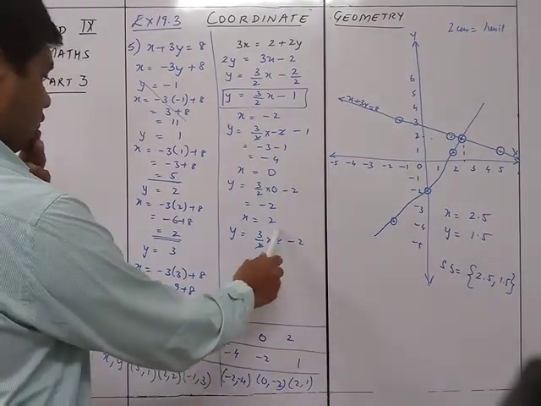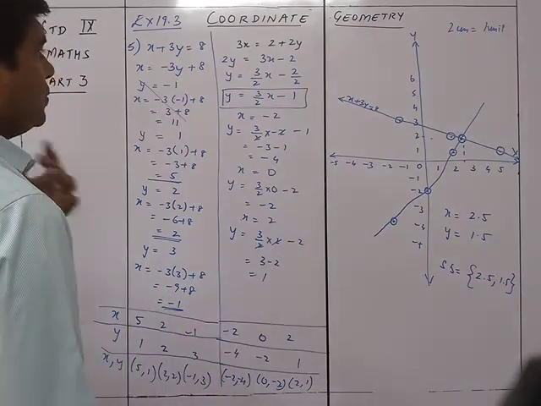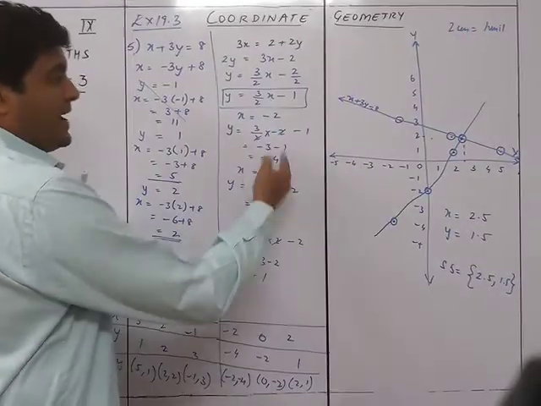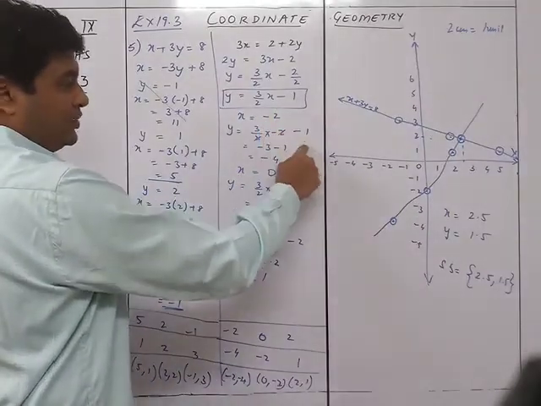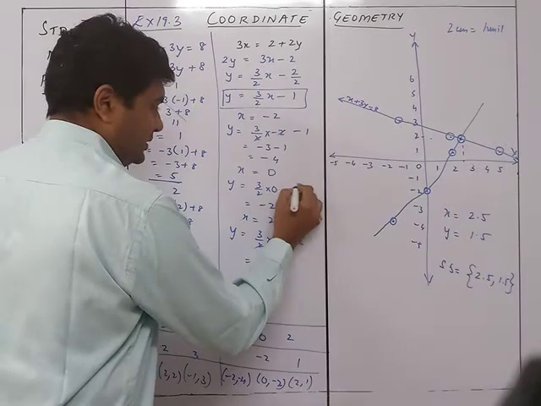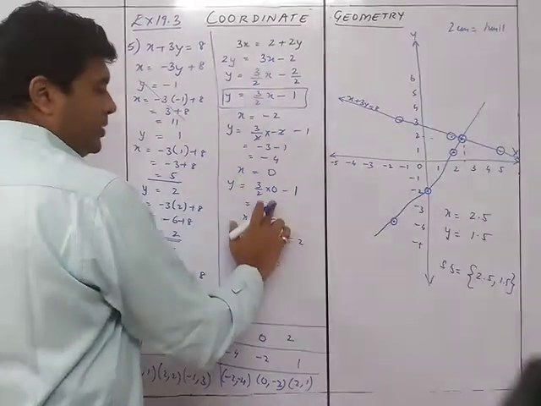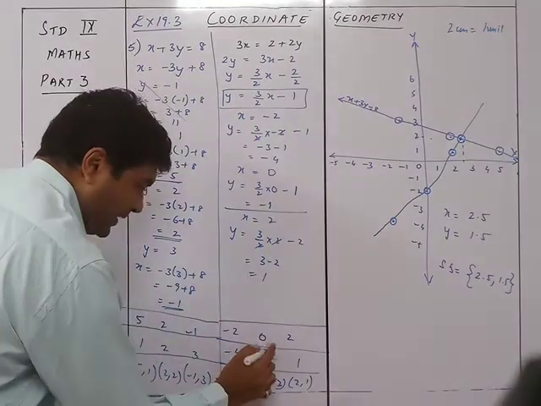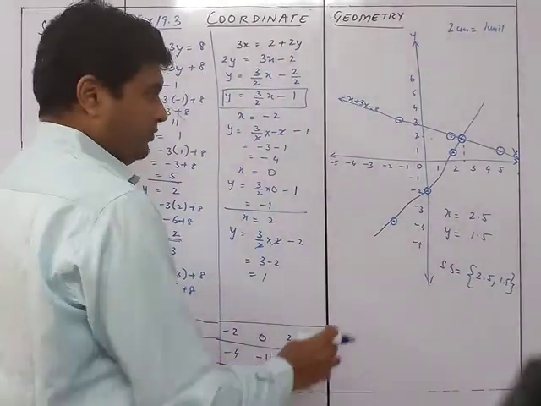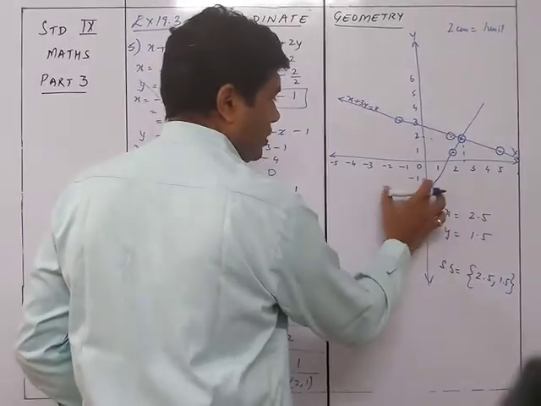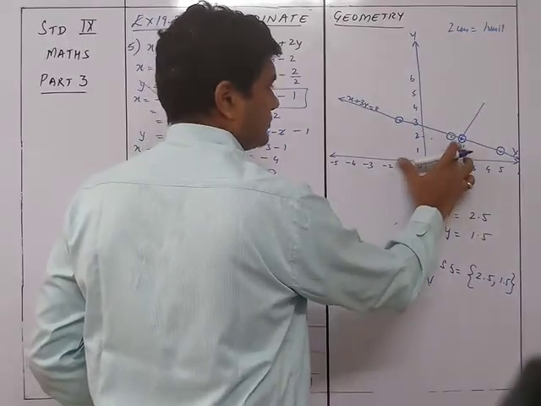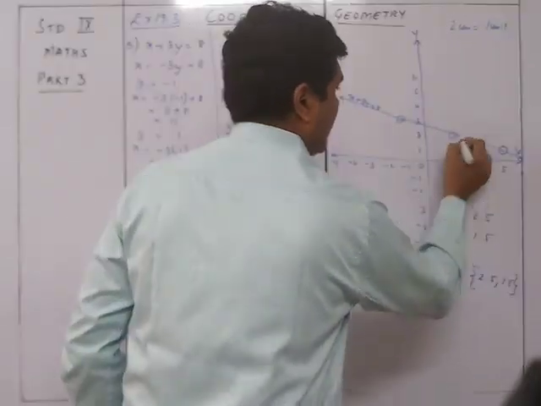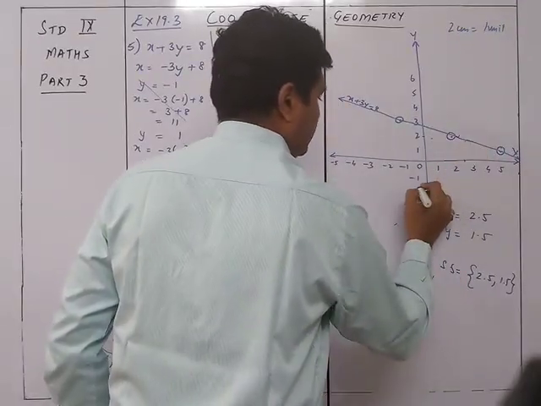If this x is 2, so it is 3 minus, oh no. See the mistake. I have taken it as 2. Why? I don't know. It is minus 1 over here. So it was minus 1. So it will be 0, it will be minus 1. So that will be x is equals to, y is equal to minus 1. Okay, so when I am taking this, the line is wrong. Okay, this is the wrong line. So I need to draw it properly again.